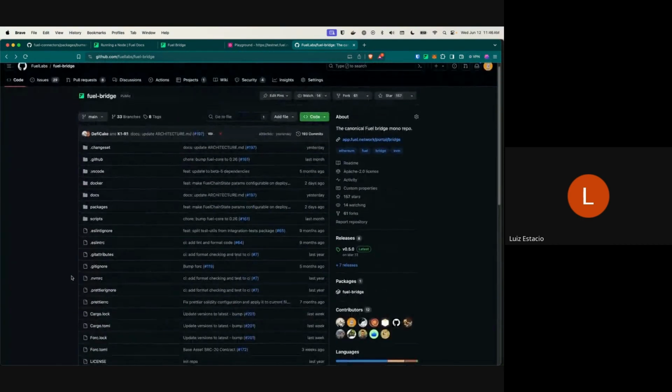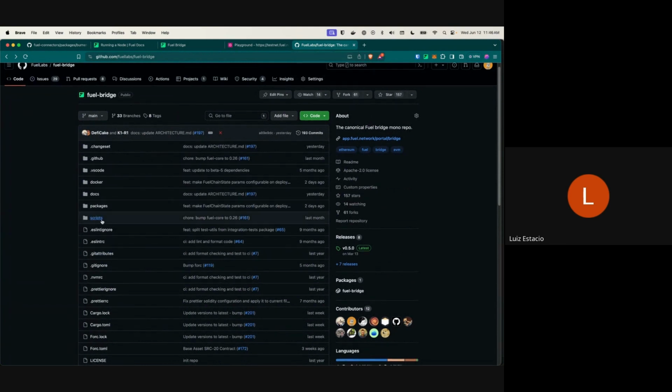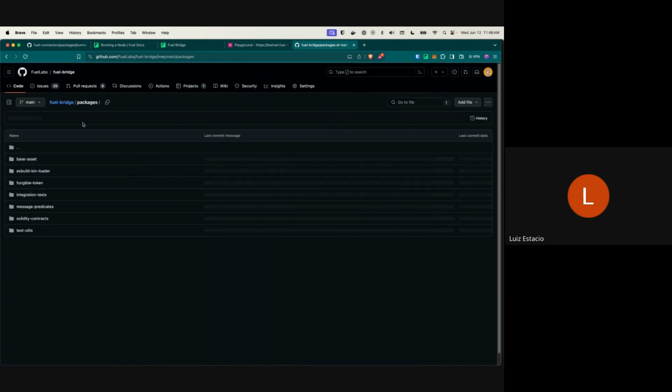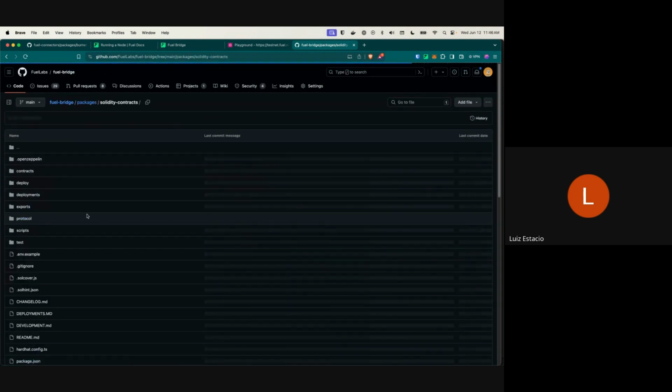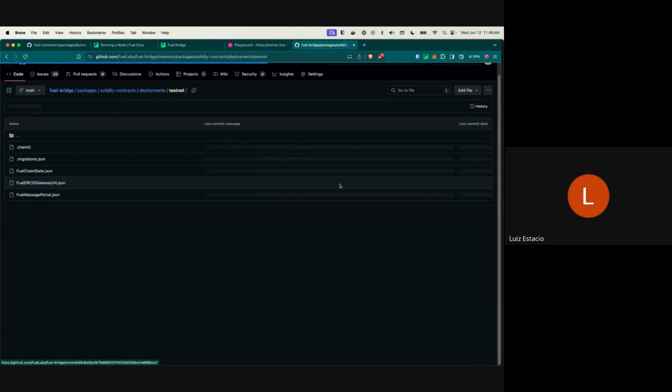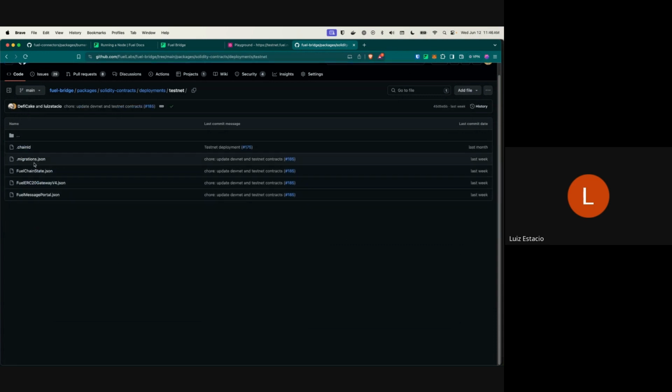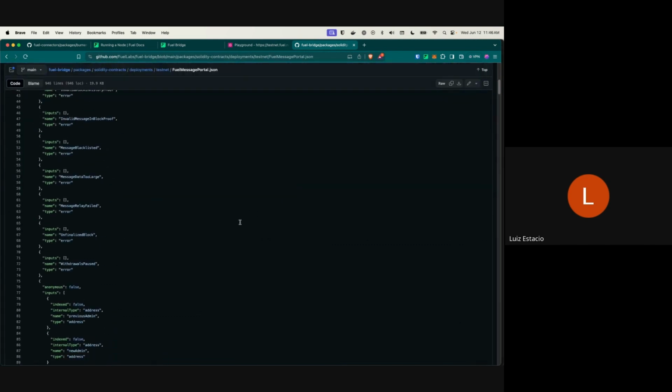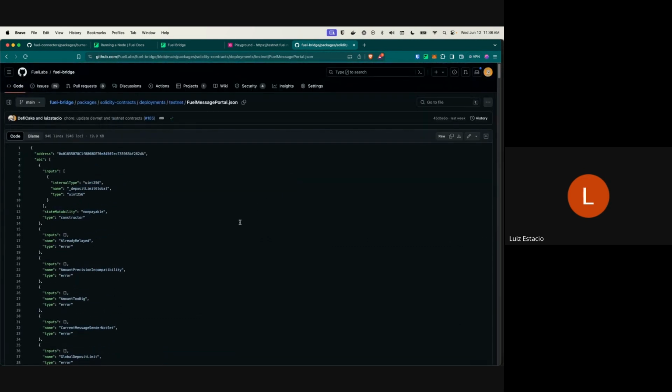And if you want to test with the real Sepolia, then you also can. You can see the IDs of the contracts inside the deployments folder. If you go to the testnet, that is what we are covering. You can see all the contracts that we have with the IDs, to make sure you can also test these afterwards on Sepolia.